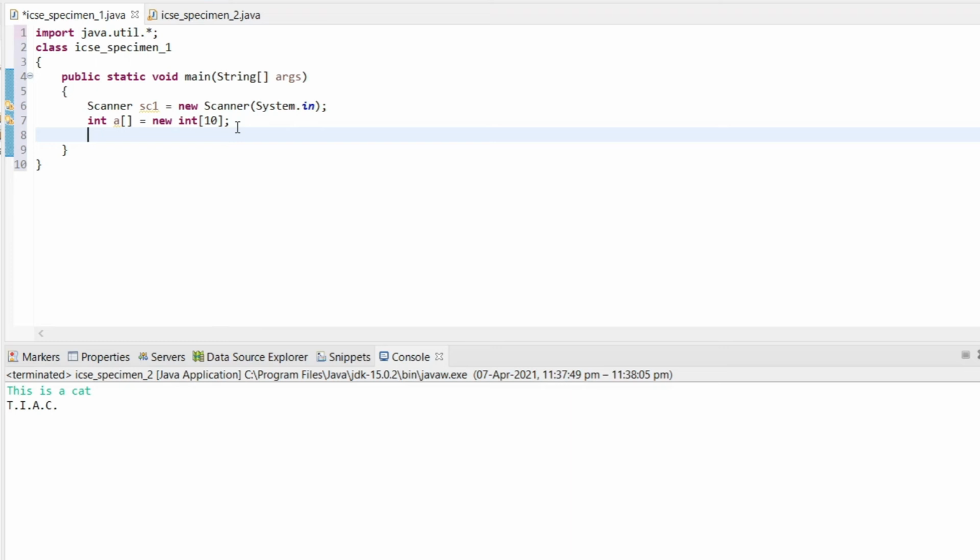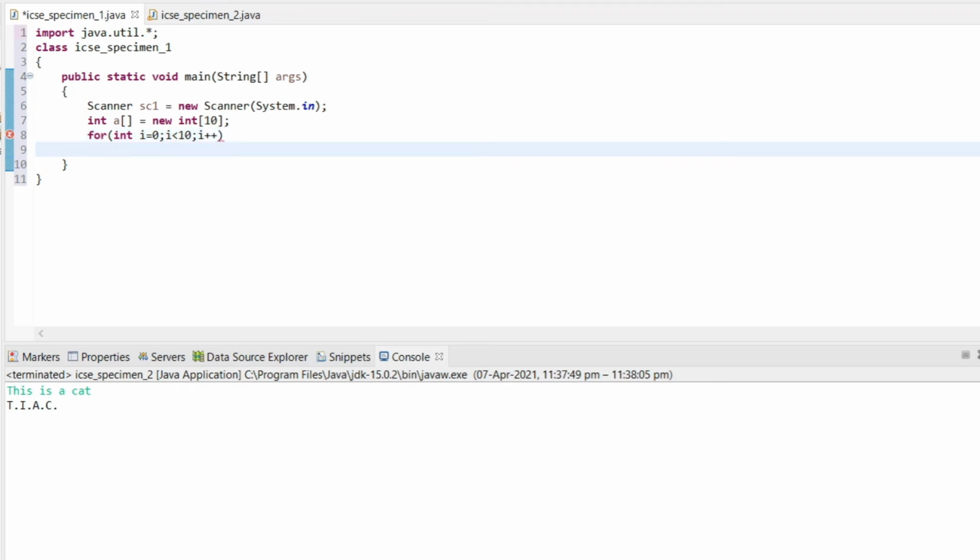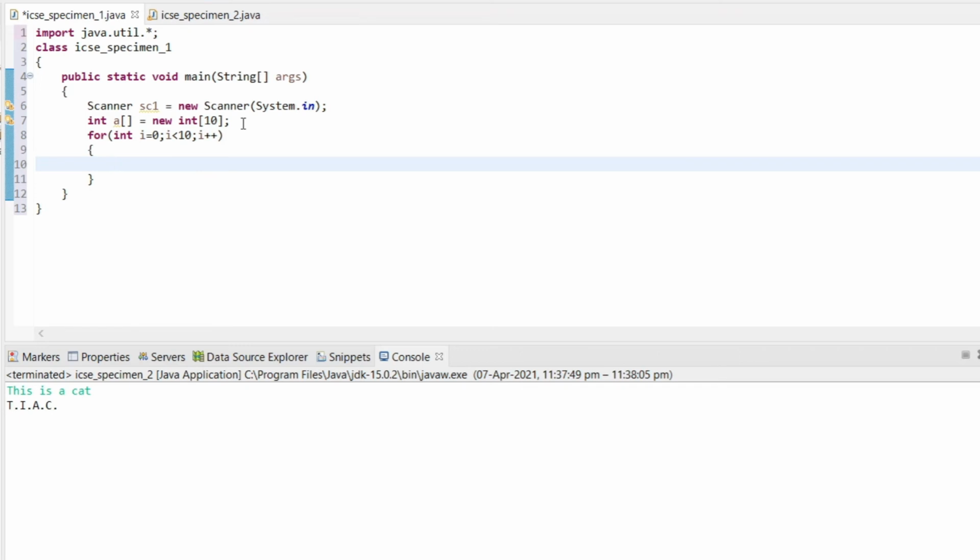So if you want to take array length, the command is a dot length without the brackets directly. Okay, now first I need to take the user input here. Int i equals 0. This is the way an examiner looks for, and this is the best way to take it. You can manually enter the variables here using the curly braces, but that's not the way actually. The best way would be to take the user input every time. It may make your code a little bit lengthy, but that's okay. That's manageable. Okay, a of i is equals to